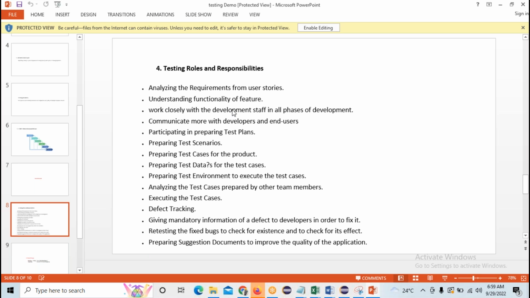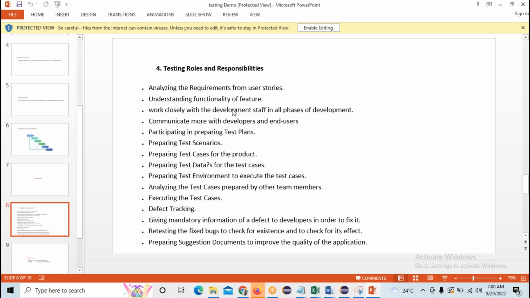The next one is understanding the functionality of the feature. If you know the functionality of the feature, only then will you think of how to write the test cases. What is meant by test cases? We can see that in tomorrow's demo session, class 2. I will take an example application and show you how to write test cases. After tomorrow's demo session, actual classes start from Monday onwards. I will show the timetable, which class is available on which day, in a small Excel sheet, and the syllabus is also there.